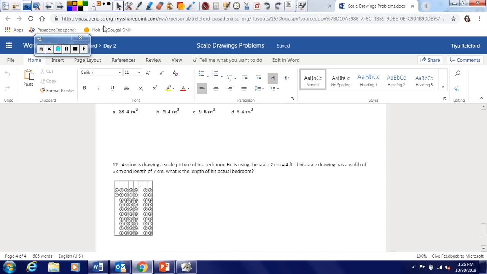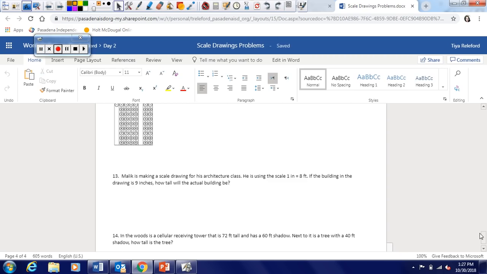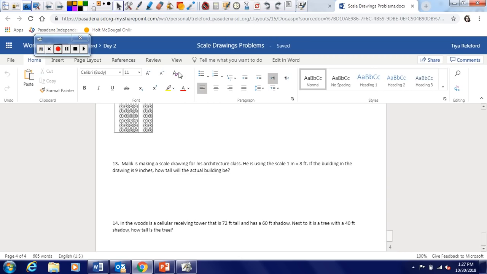Number 12, the trick with number 12 is to make sure it says what is the length. The length is 7. You don't need the width. So be careful with number 12. Number 13 you don't need help on. Number 14,